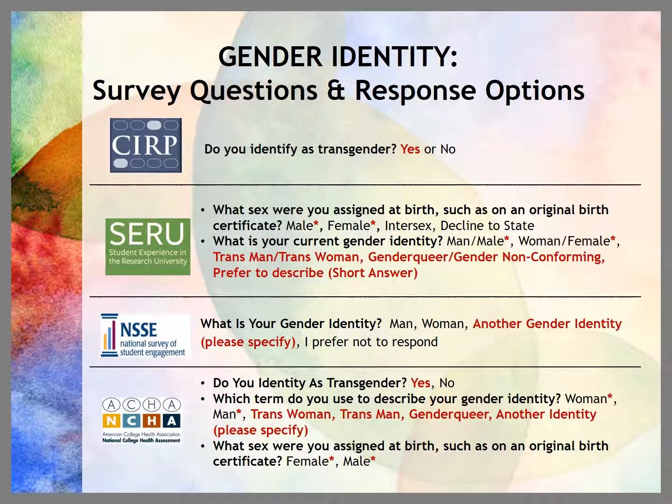So for the purposes of the SERP data, we don't talk about transgender and cisgender. We talk about transgender and not transgender, because the people who said no, we can't assume that they identify as cisgender. So that's why for our purposes, and when I talk about some of our findings a little bit later, you'll see transgender and not transgender. It's not the easiest thing to say, but it's accurate in terms of the data we were collecting at the time.